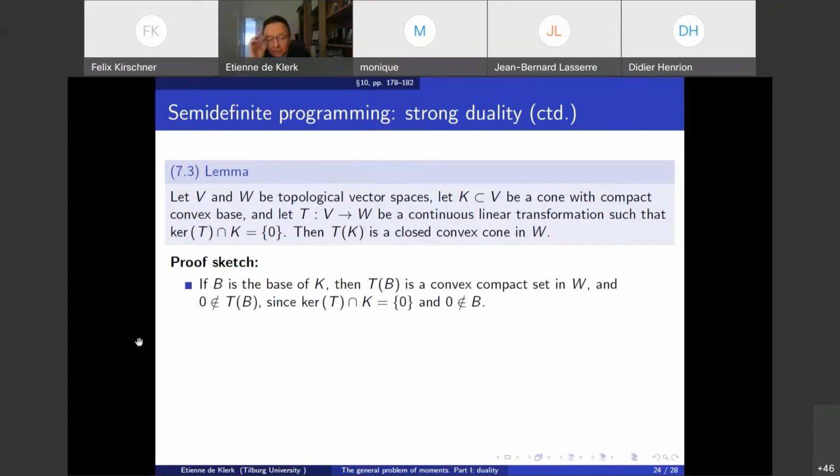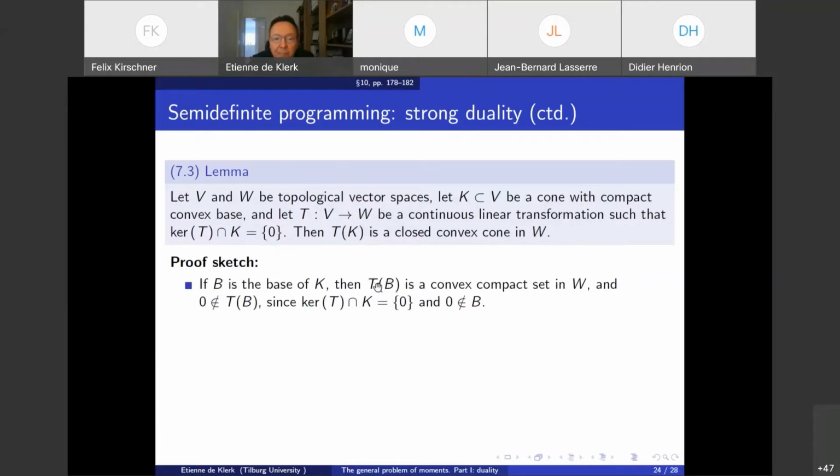Okay, so let's just do the proof sketch very quickly. The main observation here is that the steps I take are not specific to the semi-definite cone. You can apply these steps to any conic linear optimization problem. The only thing you have to verify is the compact convex base of the cone that you're working with. Okay, so let's have this compact convex base. Then